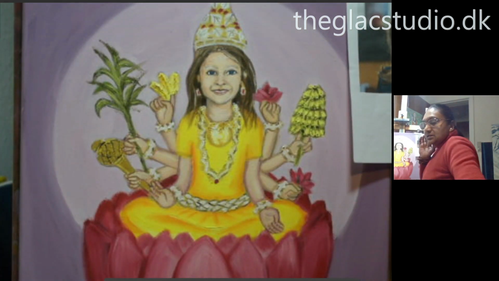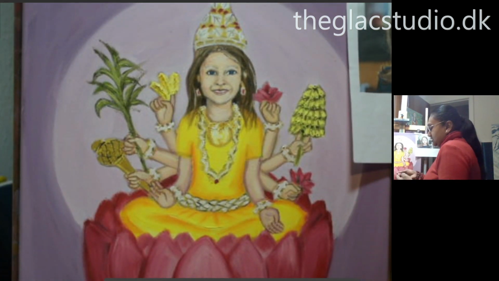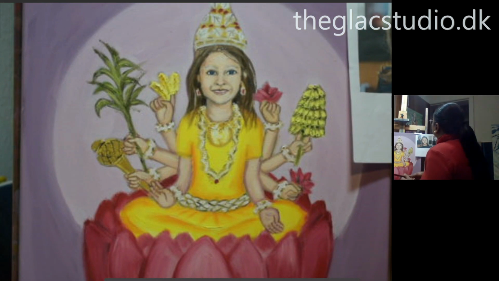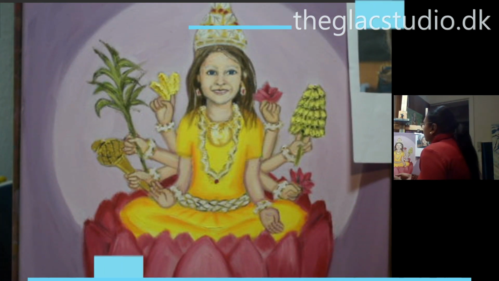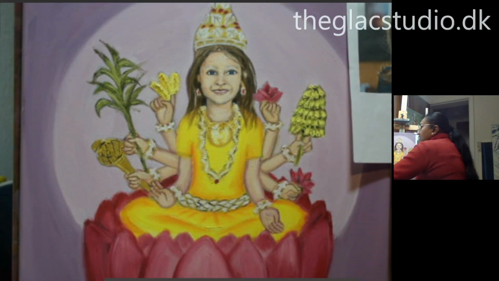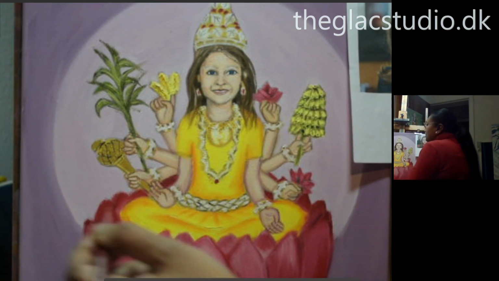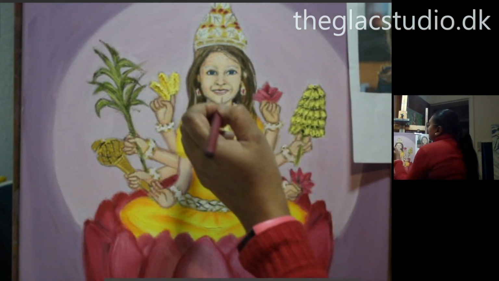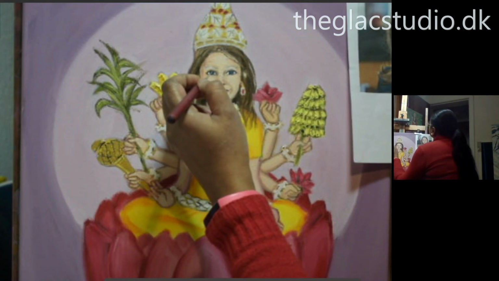Now I get the micro brush to work on her eye detail. So I wanted to add a bit of the titanium white mixed with the skin color, the lightest form that we added. So the white isn't totally white. And go over